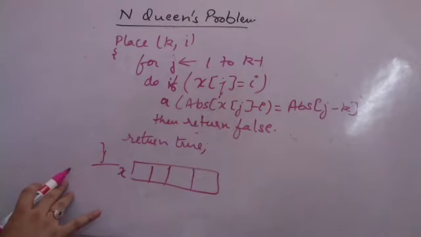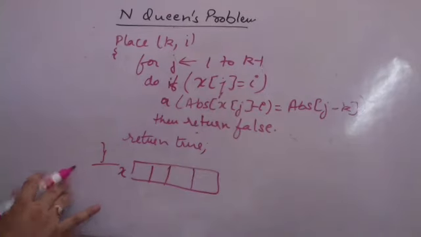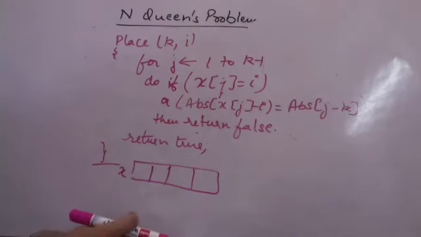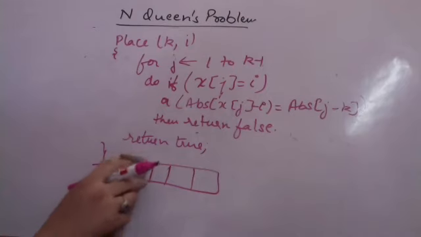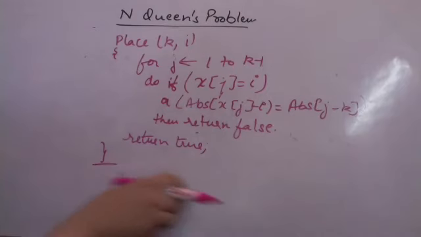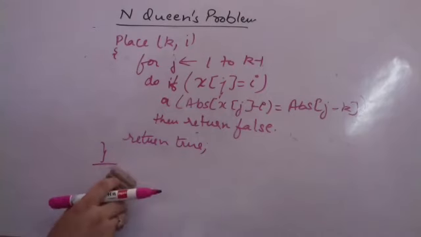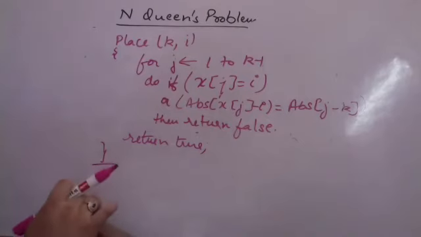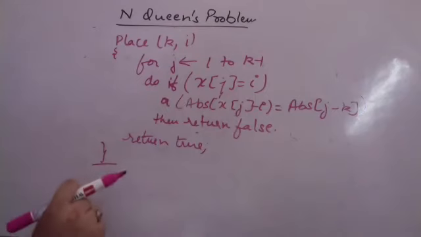Now we find the backtracking algorithm for the n queens. Should I rub this part? Ma'am, just give me a minute. This is only for placing a queen where I'm having two row numbers and I'm trying to place them, finding a position for j. So this is what is just happening.